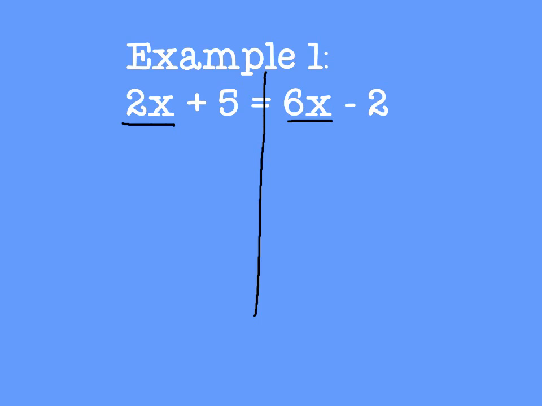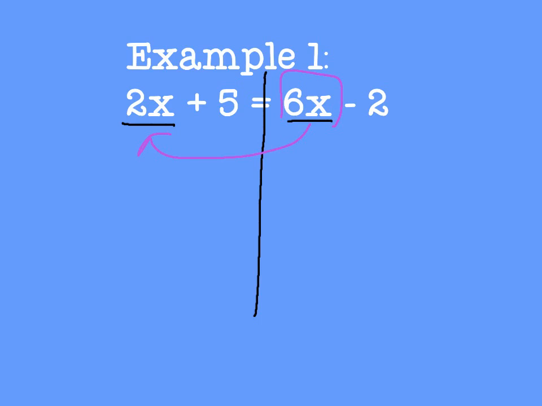In the past, those x's were on the same side, so we could just combine like terms, but now that they're separated on different sides of the equal sign, we have to move one of those terms to the other side. I generally like to move the one from the right over to the left, just because that's normally where we see our variables, on the left-hand side, but technically you can go either way. So to move that